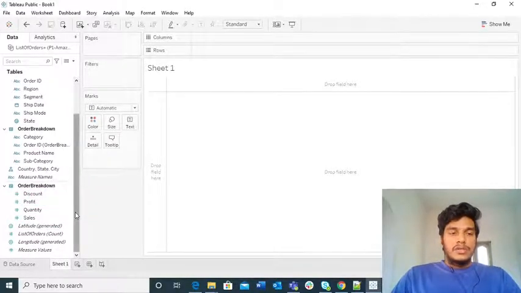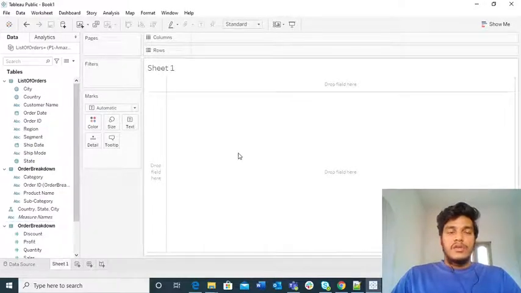Now let us dive into this. First of all, let me tell you one thing. We have one new concept in Tableau, that is hierarchies. Hierarchies are nothing but steps of granularity. Suppose you have a country, and within the country we can have states, and within the states we have cities, and within the cities we have towns, and within the towns we can have a lot of interior things. These are all what we call hierarchies.